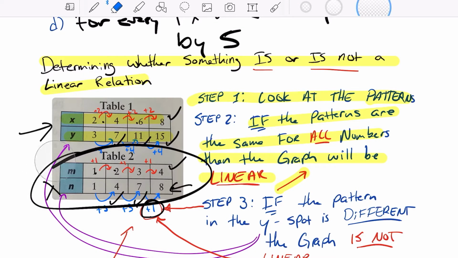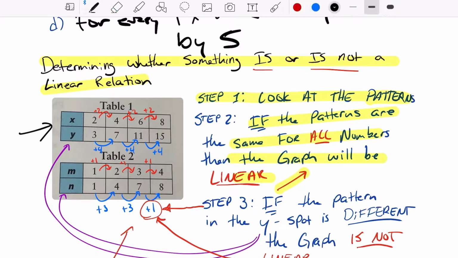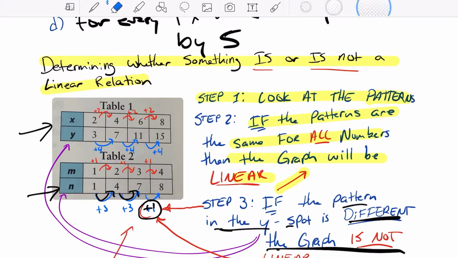That's super important, and the only way you find that out is by looking at every single pattern and noticing there's something off right there. If the pattern of the y spot, of this spot right here, the second part, is different, the graph is not linear. Now, guys, listen, I need to tell you something really important, and if you're listening and reading these